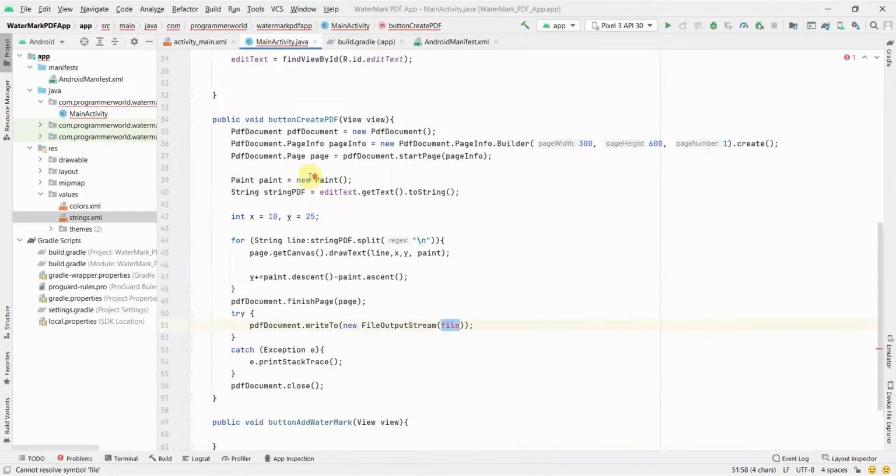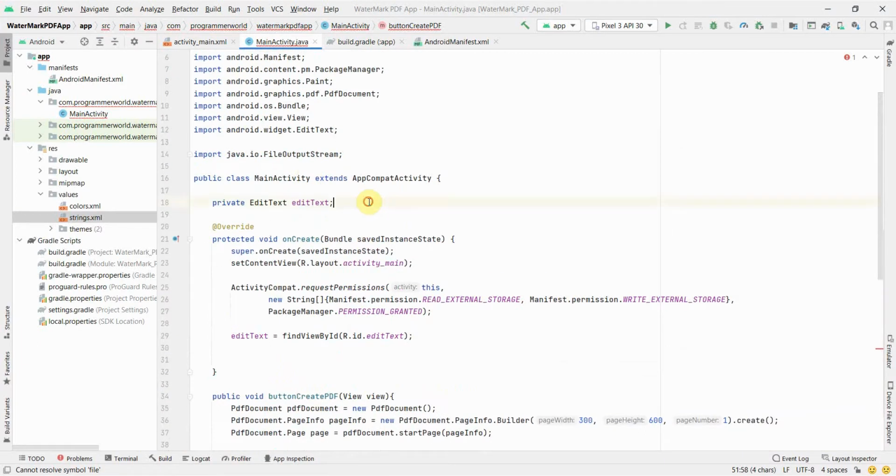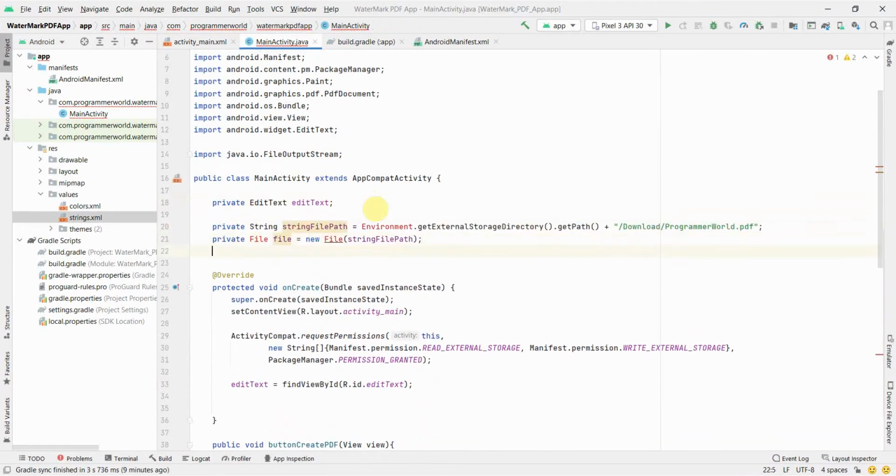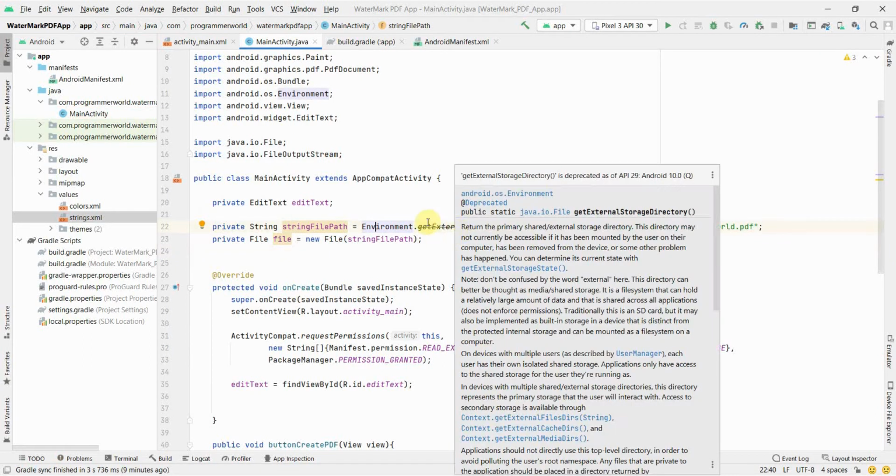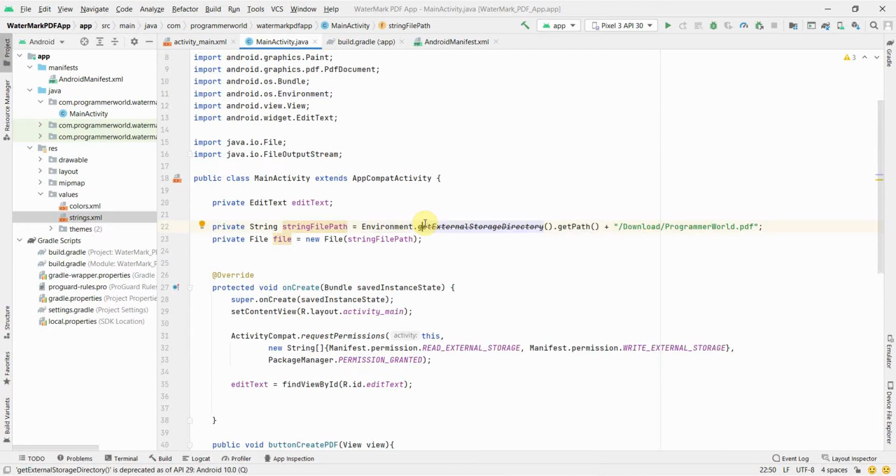Let me copy paste for the timing and see what the problem will be here. The problem is, if you see in the environment variable, this is deprecated, it doesn't exist anymore. So what we'll do is we will not use the external storage directory anymore.